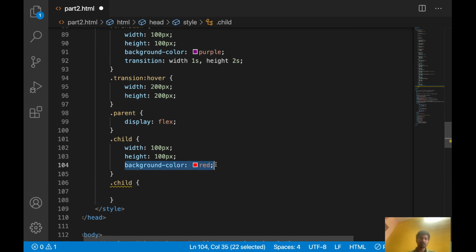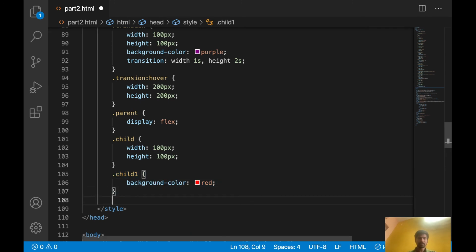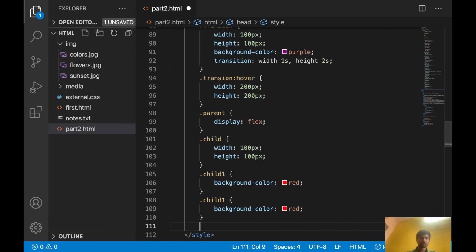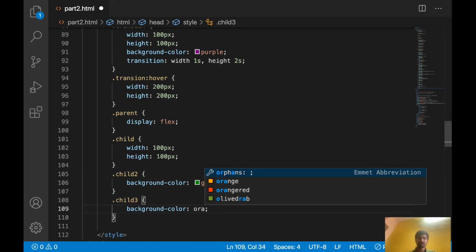So let's move this to each child, with a different background color. Child 1 red, let's give child 2, child 3. Okay, let's give green, let's give orange.